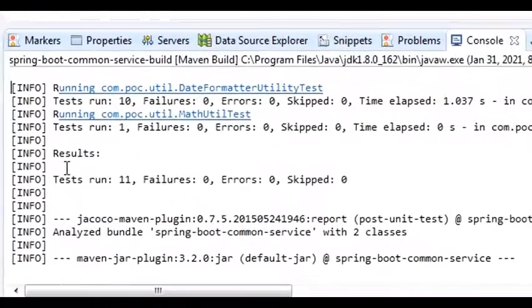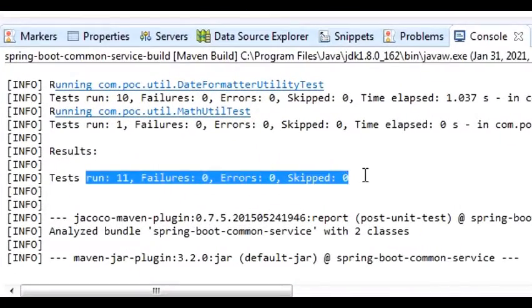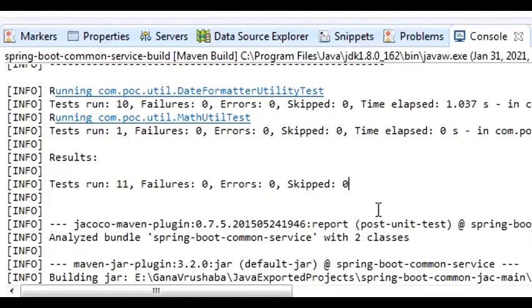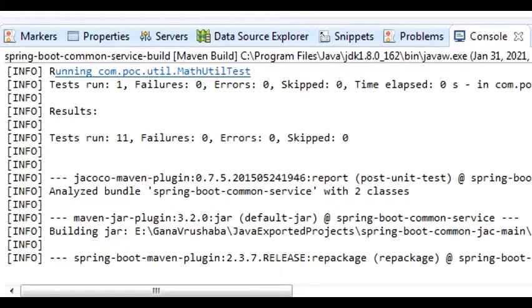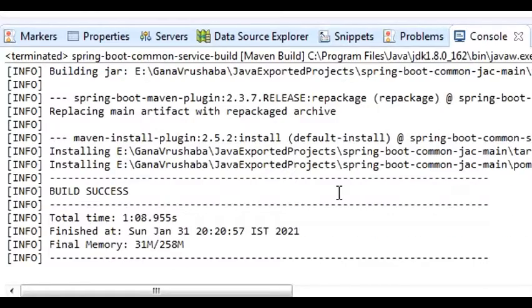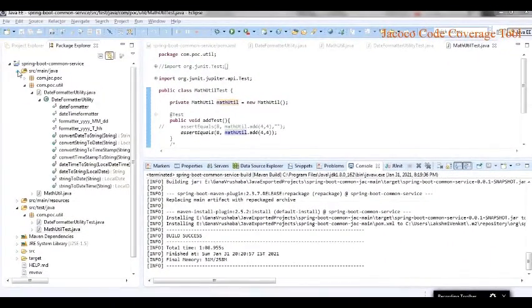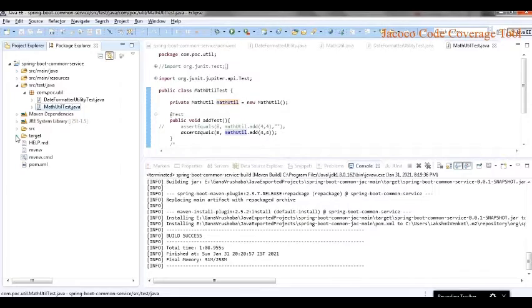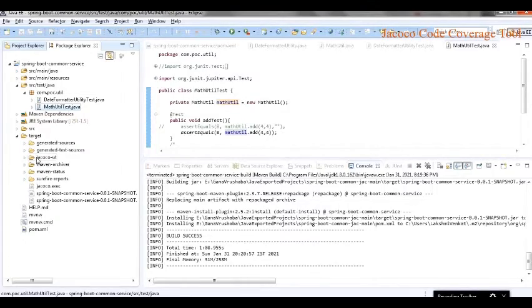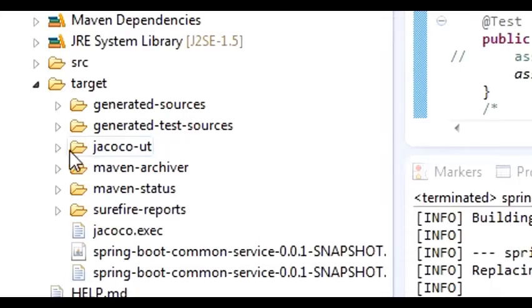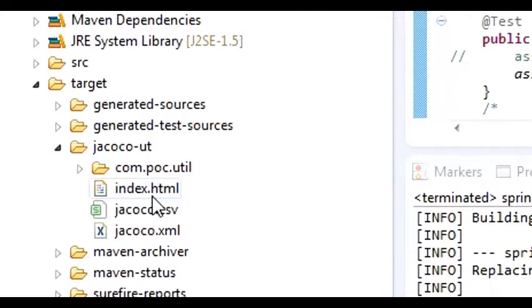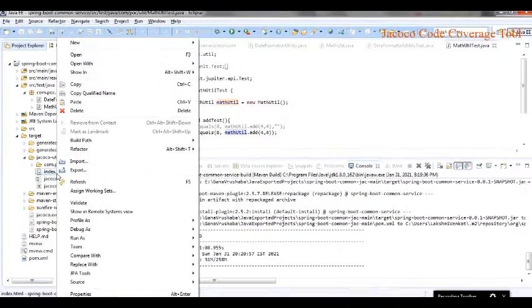You can see here 0 failures, all are executed successfully. So now the build is success. As I mentioned earlier, if you go to the target folder, the output directory is jacoco-ut. Inside that, index.html is the Jacoco generated report.